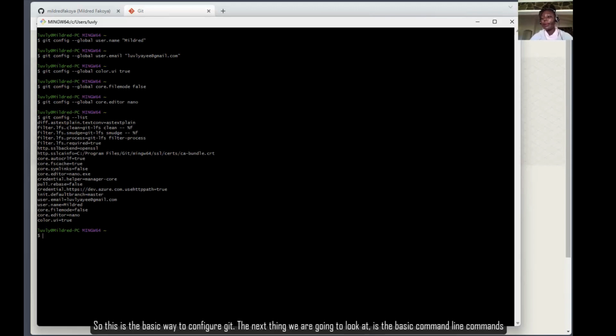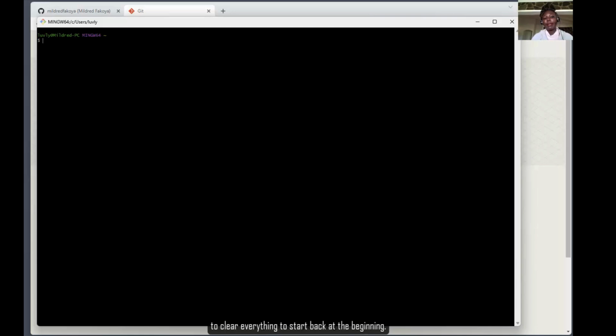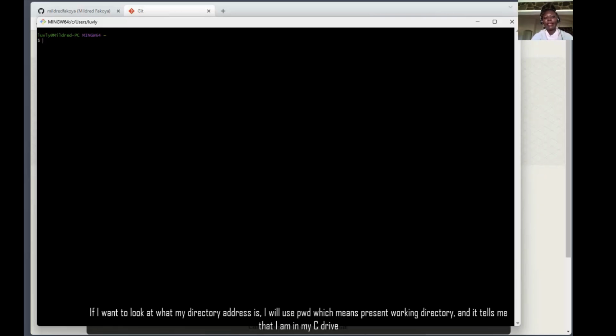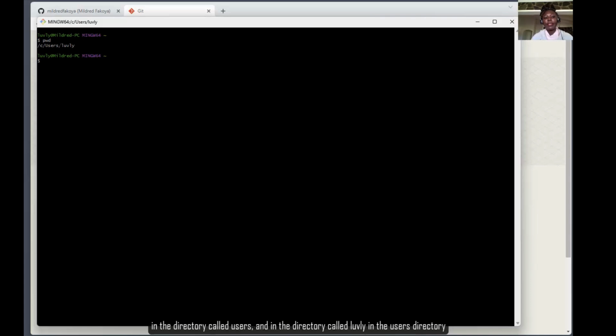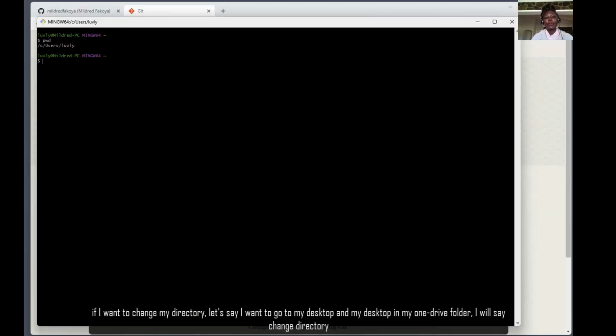Now the next thing we are going to look at is the basic command line commands that we will need. Now this is going to the end of my screen. I can use a clear command to clear everything to start back at the beginning. If I want to look at what my directory address is, I'll use pwd, which means present working directory, and it tells me I'm in my C drive in the directory called users and in the directory called lovely in the users directory. If I want to change my directory, let's say I want to go to my desktop, and